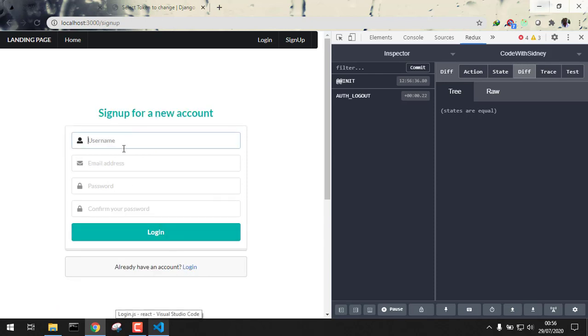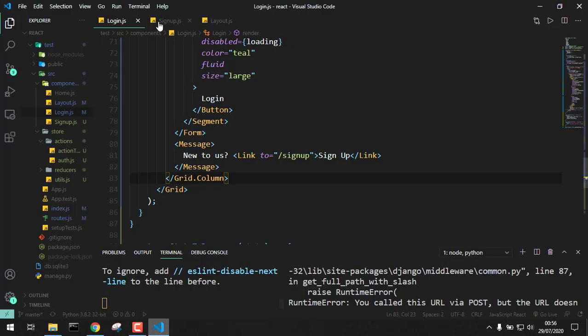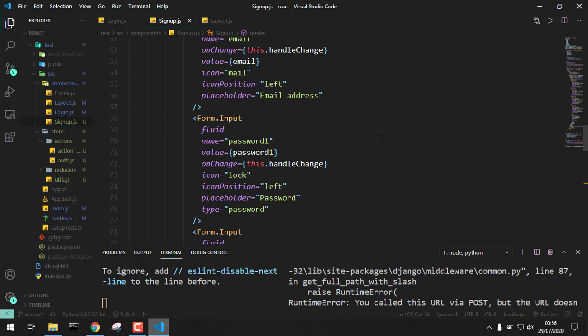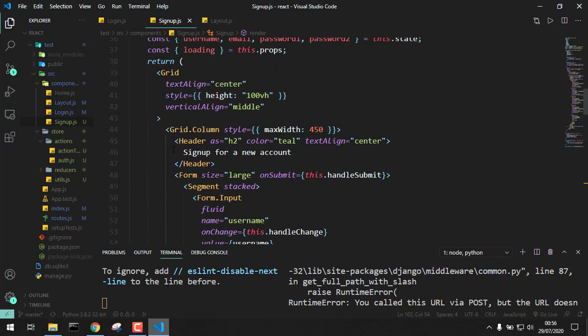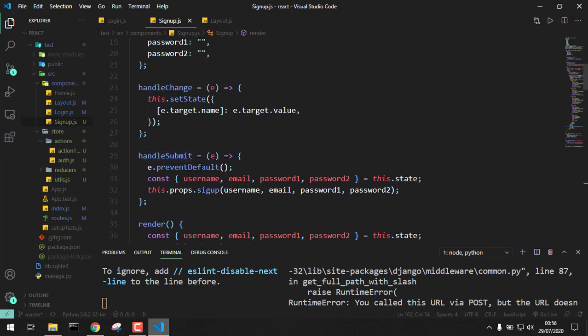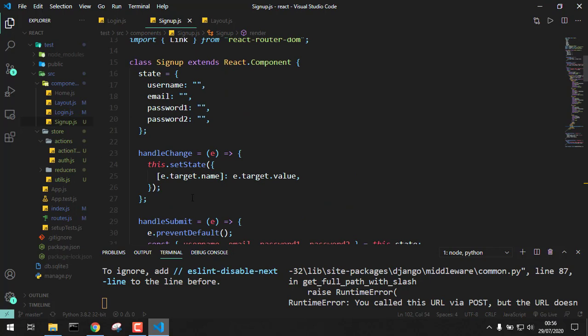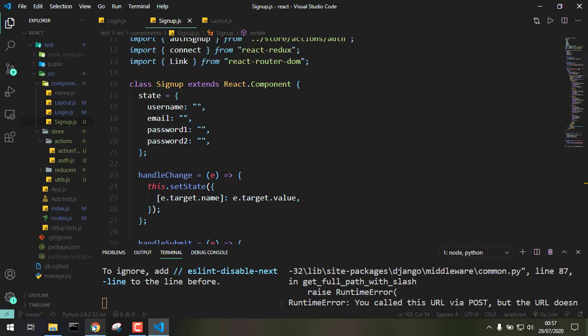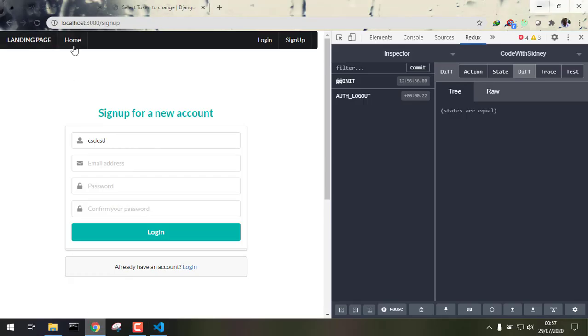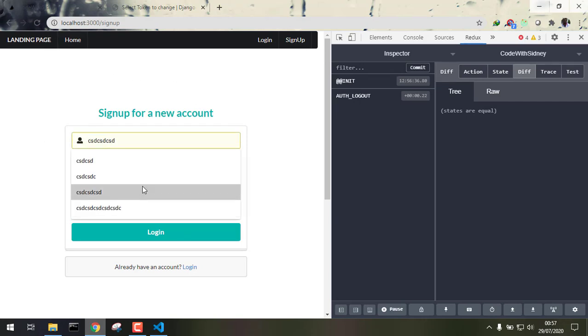So let's try to sign up a new user. Yes, we can type in. If you go to sign up, let's double check. We have our method, which is handle submit. We have our handle change, which is looking nice. So if we refresh, now let's sign up a new user,